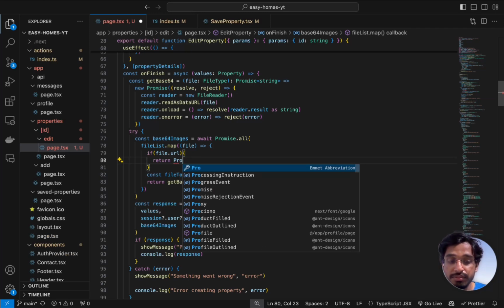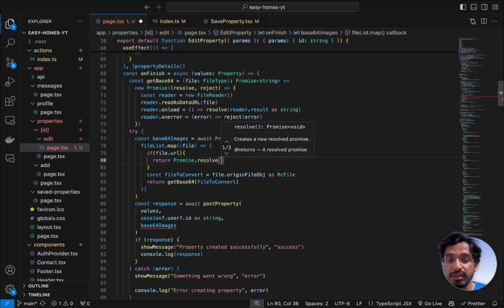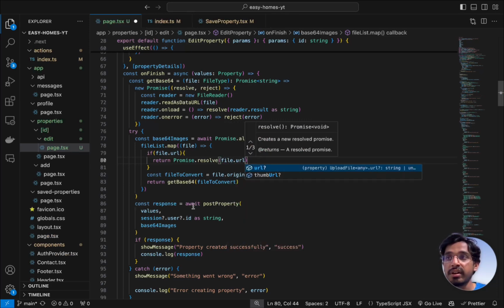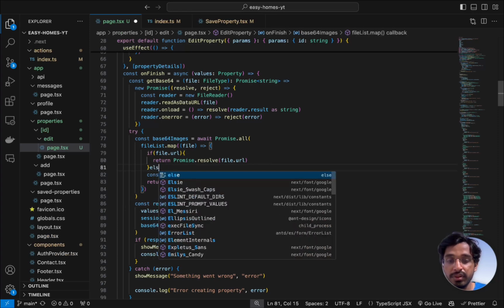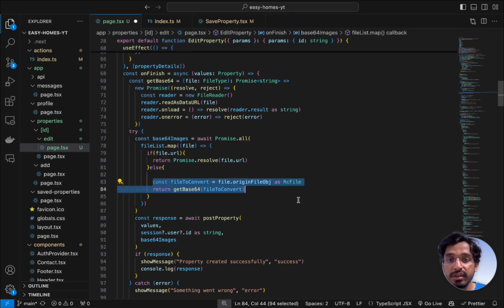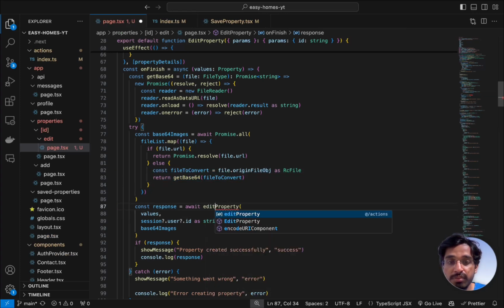So Promise.resolve, and then pass in the file URL. And after that, if the promise has already been resolved, then we just push this at the top, like this. And yeah, so once that's done, instead of post property, we can now call the edit property server